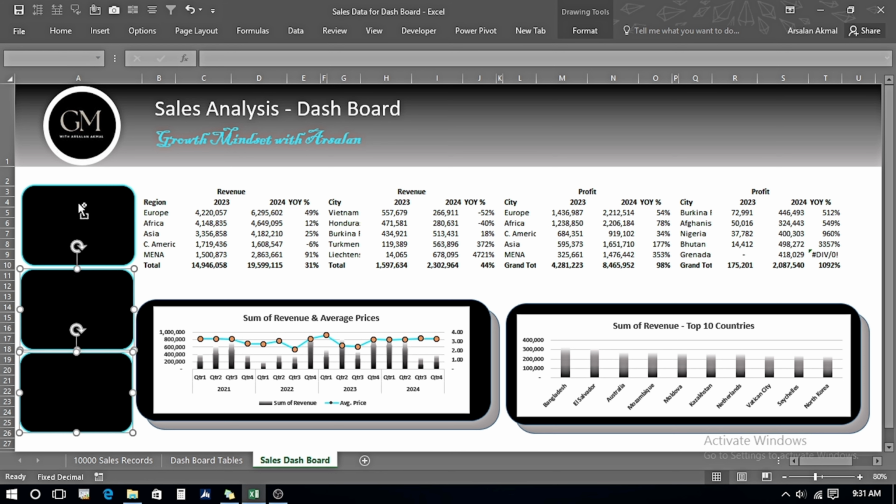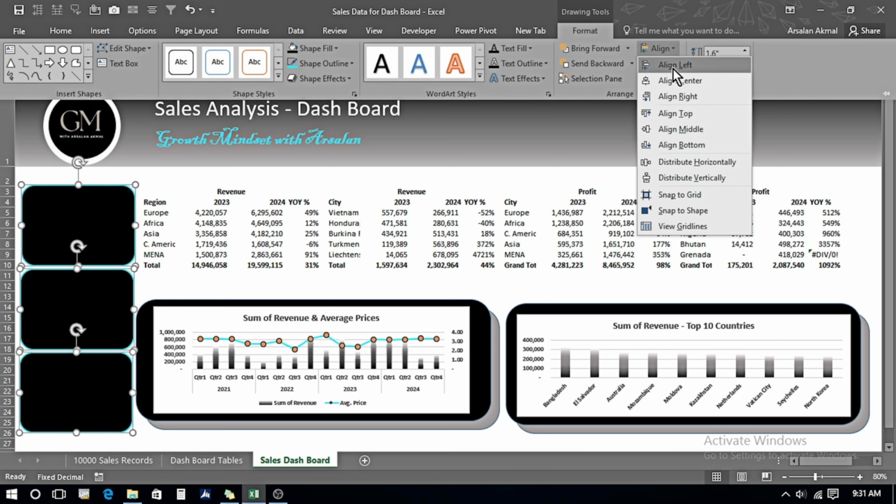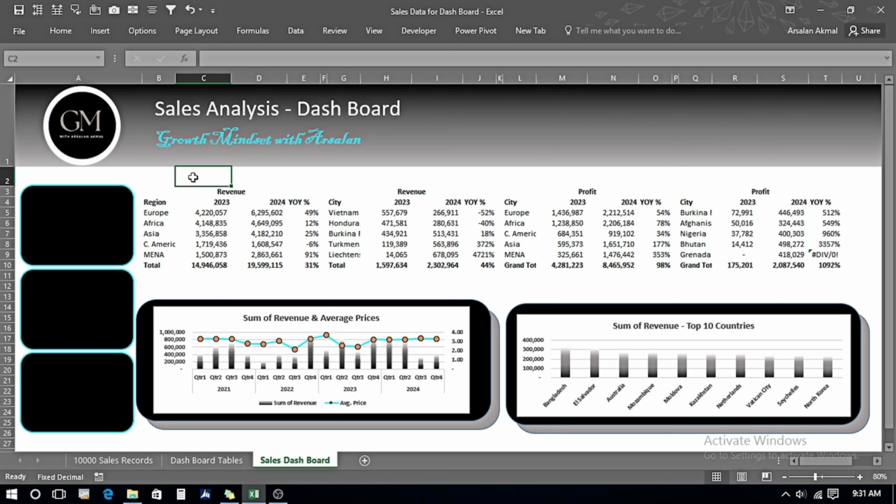I will select all these 3, go in Format, Align, and I will center align it. Align center, so now these are aligned centrally. In the first text box, I will be inserting another text box, and this first one tells me latest year sales.